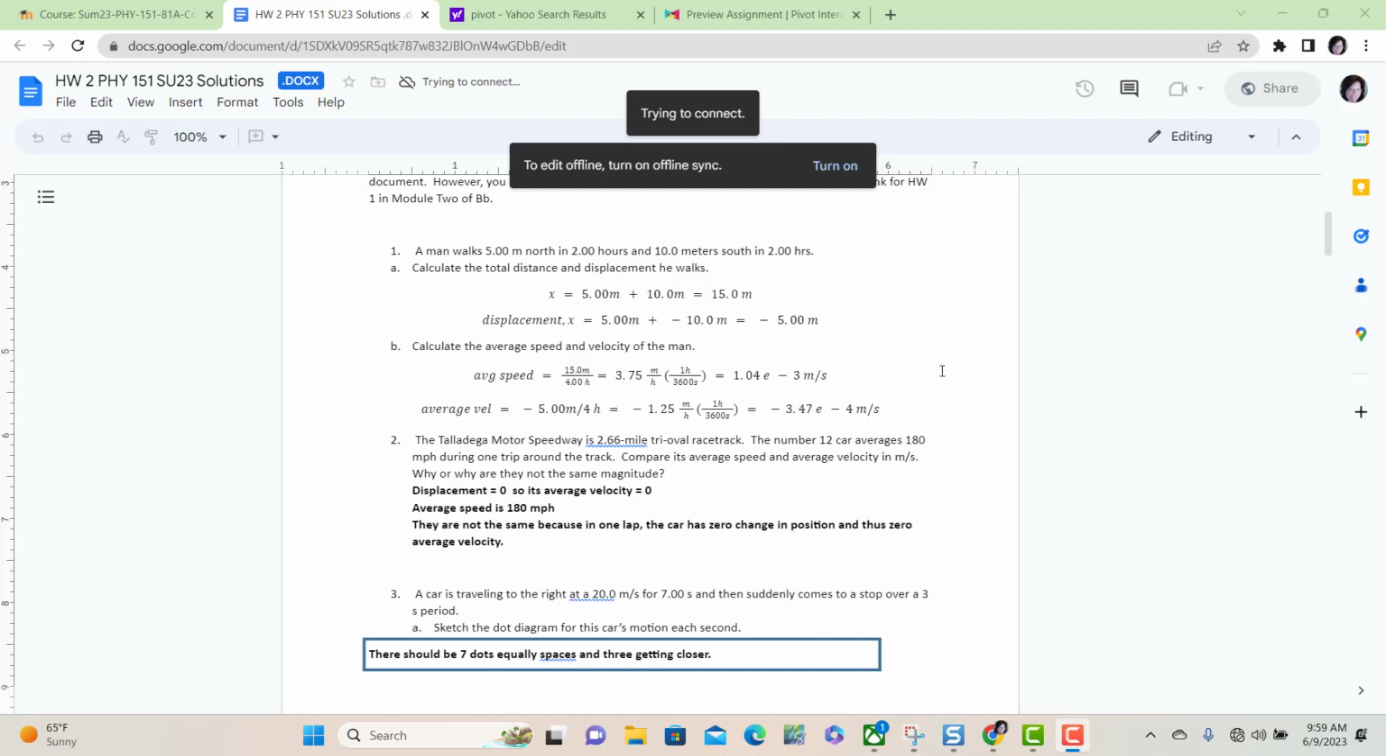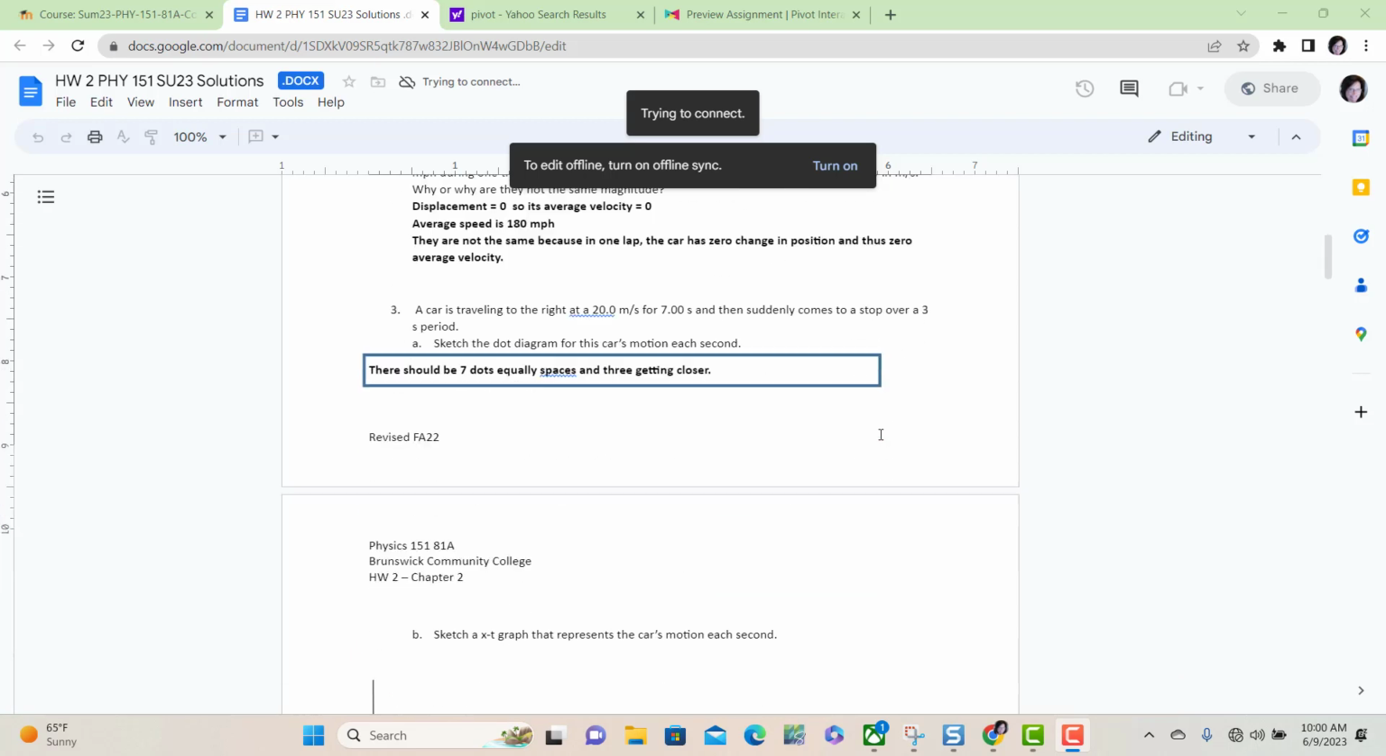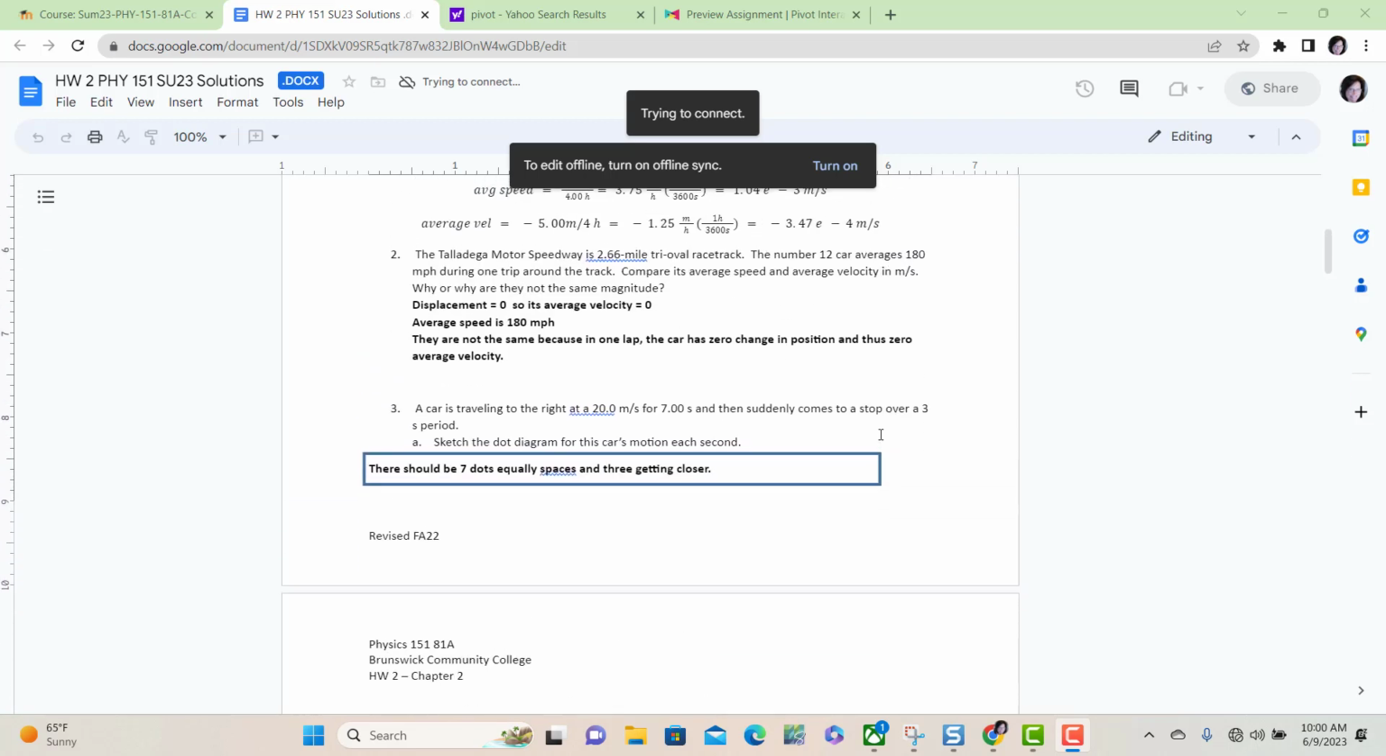Velocity is the displacement over time, and so you're going to convert those meters per hour to meters per second, and it has to have a direction associated with it because it is a vector, so either the word south or negative. In number 2, I was looking to see that you understood that if a car makes one